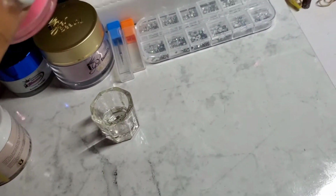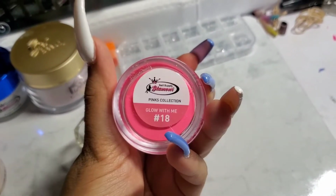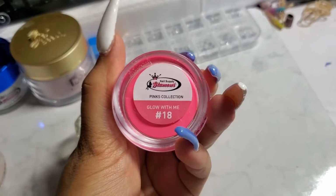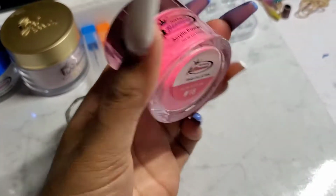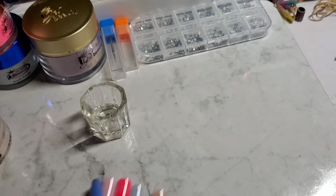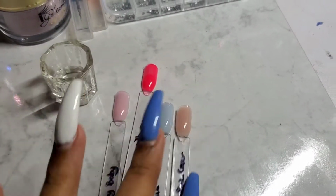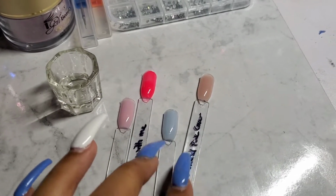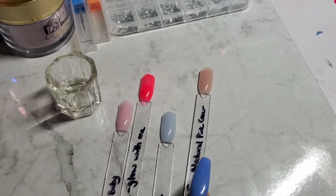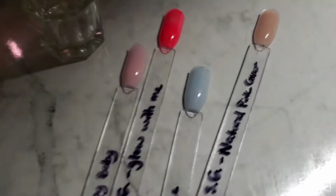I think I'm gonna be using this color. It's from Nail Supply Glamour. This is the Glow With Me number 18 from their pinks collection. It's a really pretty pink. I have it swatched right here. Super pretty. But I think I'm going to use their natural pink cover, which is